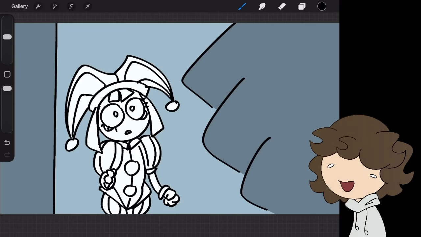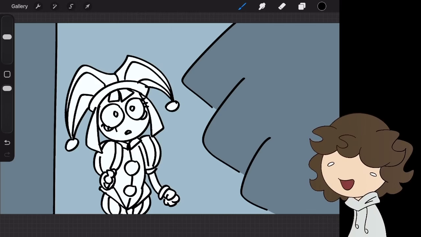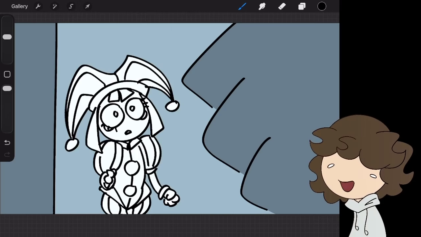I'm not a professional when it comes to storyboarding, but I do know some basic tips. Oftentimes you want the focus of the shot to stand out. Pomni is fully colored white, whereas Ragatha isn't, because she's not the main focus and the viewer's eye is not going to go to Ragatha. So I gray her out a little more and make her a little darker, but I make her contrast from the background. And usually you can only do this if you have a gray background to work with to begin with, so ideally you want